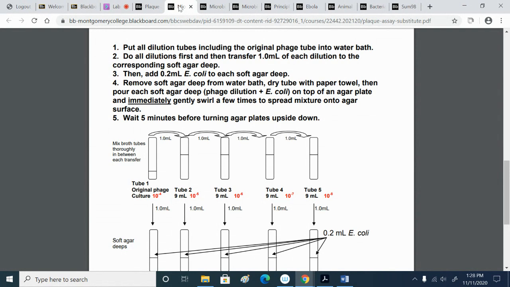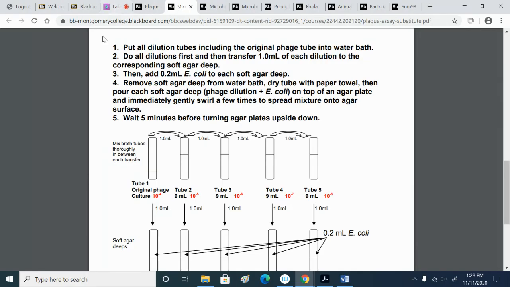0.1, or 1/10. And so what is that in exponent form? 1 times 10 to the negative 1. And remember, since we know that everything is 1 times 10 to whatever exponent, we don't have to say 1 times. We can just say the exponent. So it's 10 to the negative 1. So we're doing a 10 to the negative 1 dilution of a solution that's already diluted 10 to the negative 4. Right, so negative 1 and negative 4 make